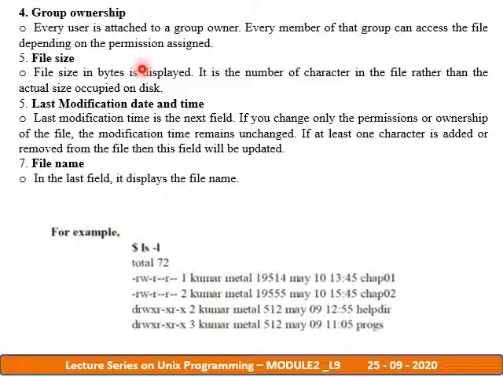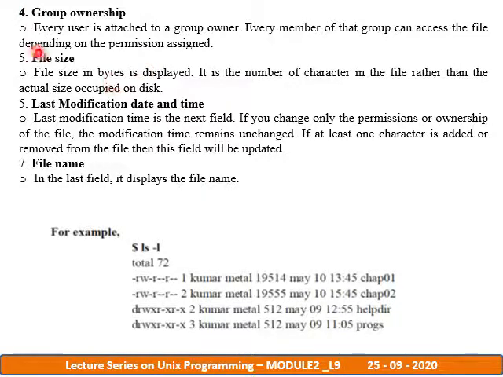So only with the user, if you are logged in, only the user is the creator of that file and he is going to have access to the file. But when there are many users, those users may access it through a group owner. So the group owner will be the group which that particular group consists of, and its members can access the file depending on the permissions assigned. So this is the fourth attribute of the file.